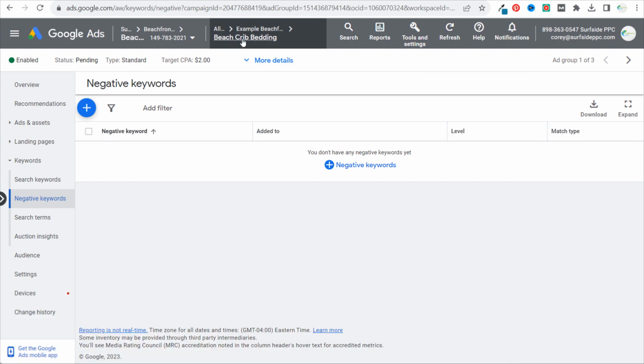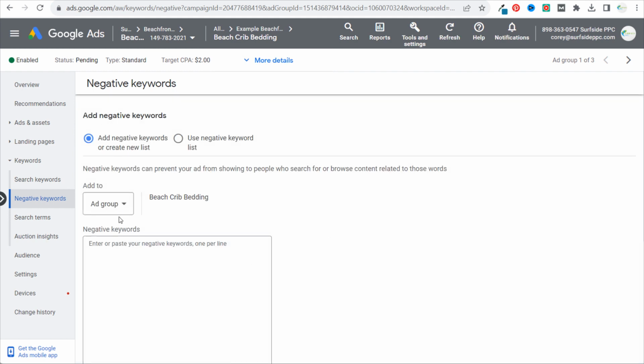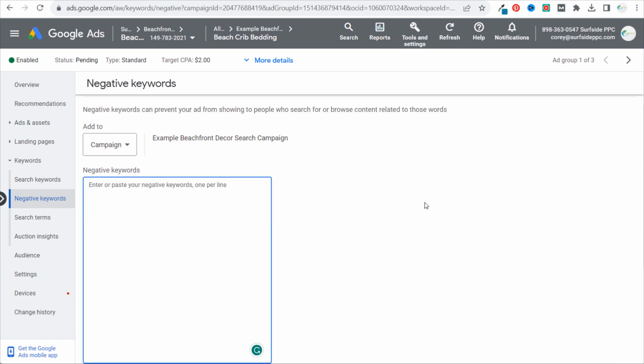So for example, if I'm targeting a keyword like beach crib bedding, what I could do is come in here and add a negative keyword. I could either do it at the ad group level or the campaign level, and I can say, I want to make sure my ads aren't showing when people are looking for specific stores. So for example, if somebody's searching for beach crib bedding on Etsy, then I just don't want to target that